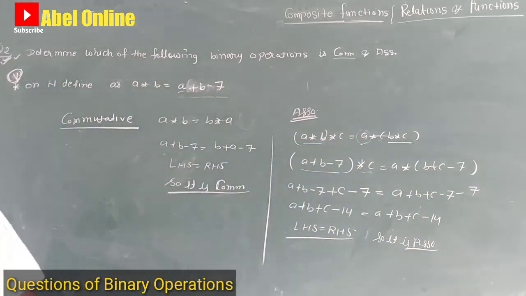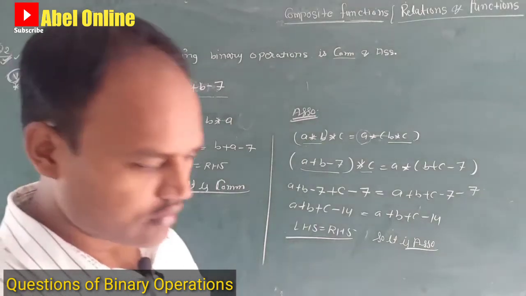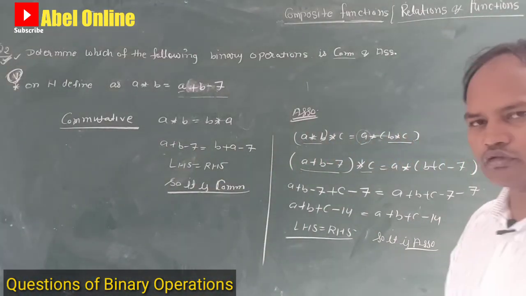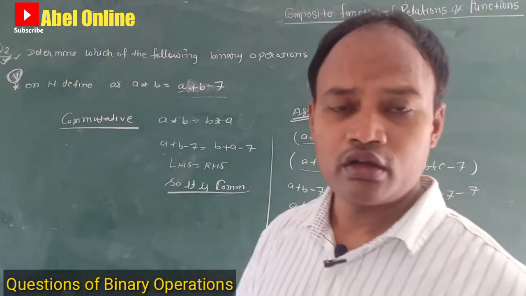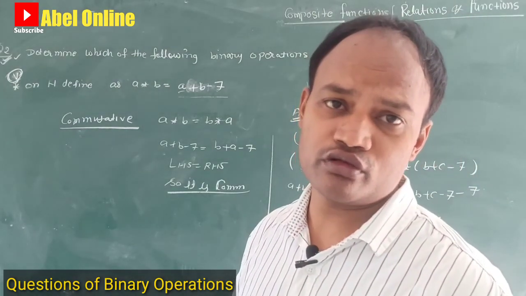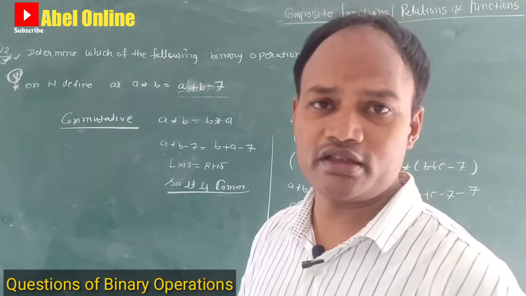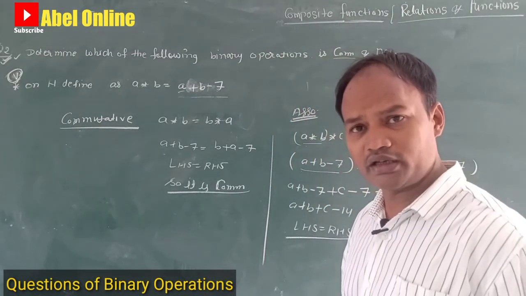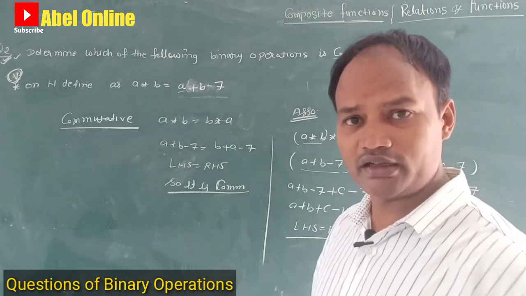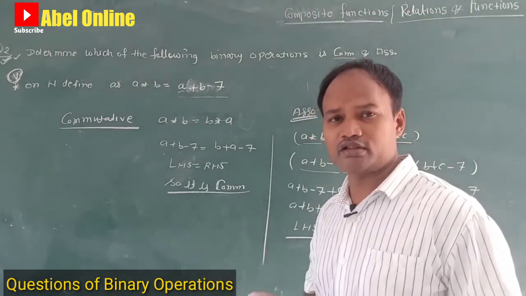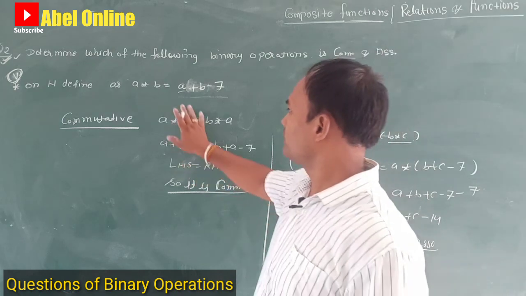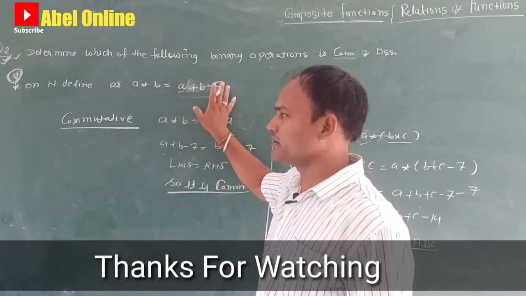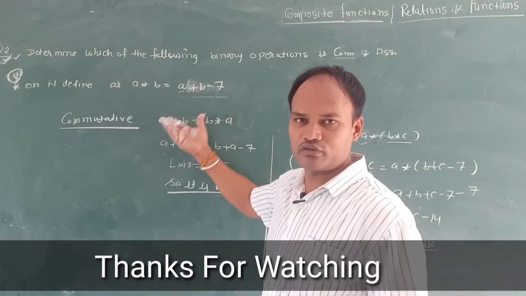So hope you understand better here. Whatever question is from your book or outside of the book, you have to know how to solve it, how to apply the commutative law and the associative law. This is the main thing. Don't be narrow minded; whatever question is there, you have to think, put the value of a, there is a, b means b. This depends on the question, whatever question is there.